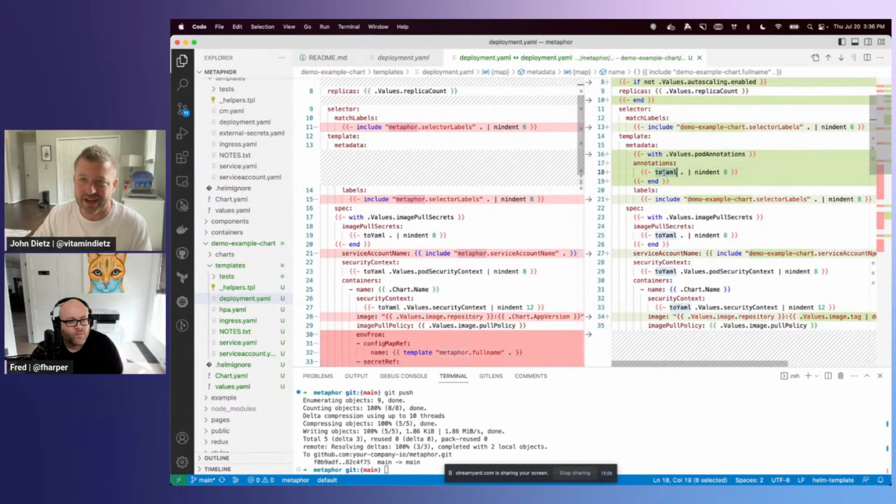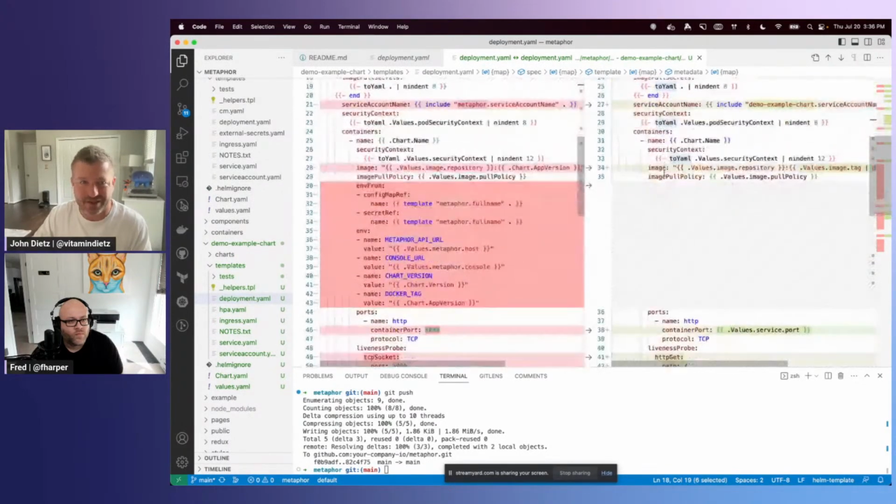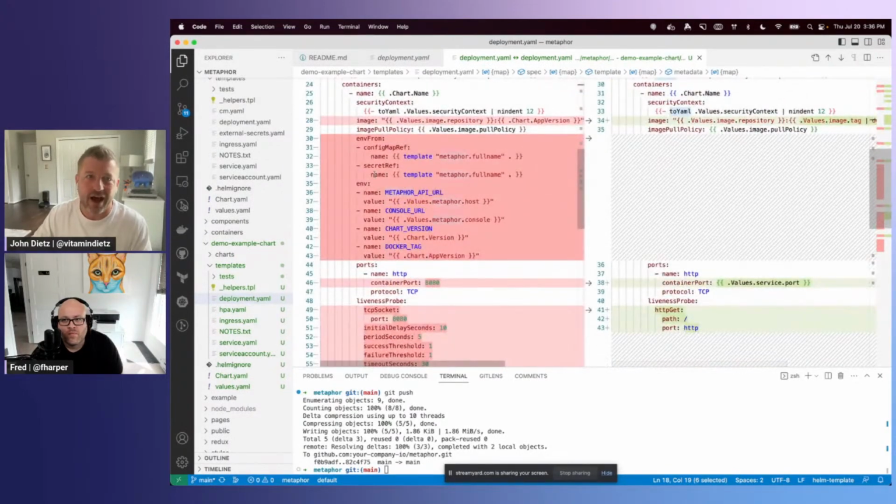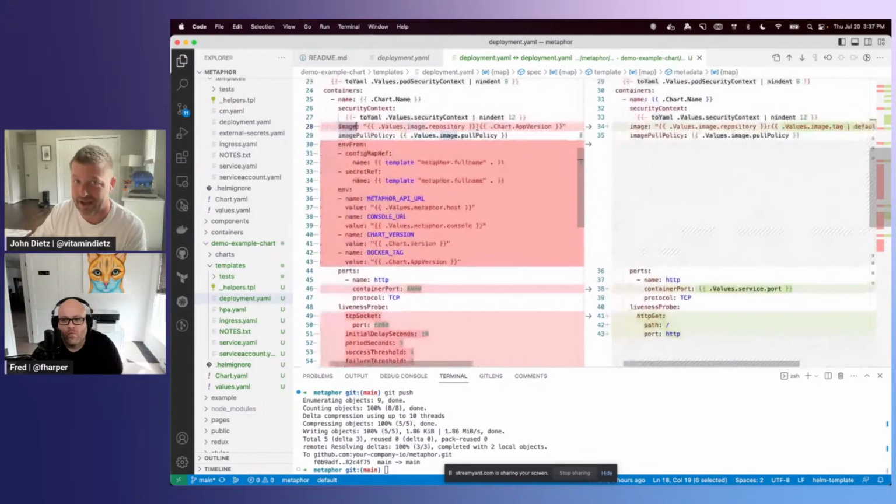There's some detail here about pod annotations. That's just because of Kubernetes versions that have shifted. This is where we're getting into some details that are super relevant to you when you're putting your first app on the Kubefirst platform, though. First is the image. We don't know what your application name is. We don't know where you're hosting that image. You could put it in Docker Hub. You could put it in ECR. You could host it any number of places like GitHub or GitLab. But that detail needs to be refined.